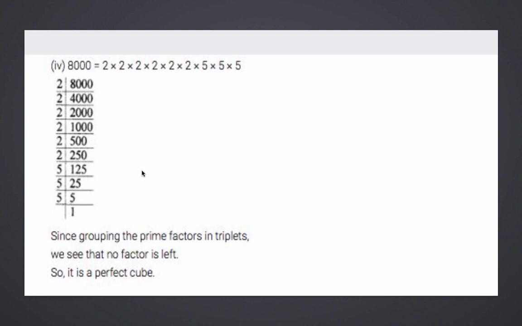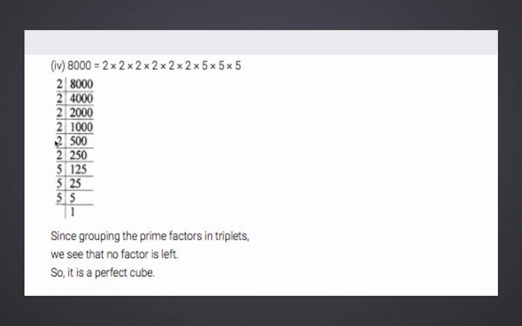Here we have to tell whether it is a perfect cube or not. The number given is 8000. I told you in the explanation part itself: prime factorization of the number 8000. Which type of numbers do we use? Students, at times you make this mistake. A common error I see: you start taking numbers like 4, 6 and all that here also. Don't do it. Because prime factorization means we have to find the factors of the given number using prime numbers. So all the numbers that I'm using must be prime.